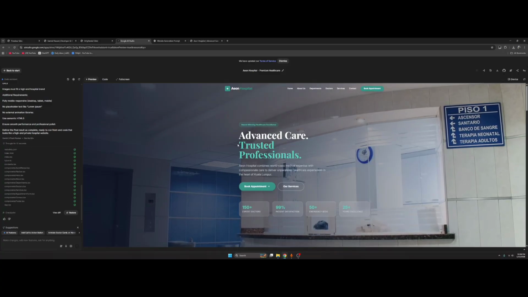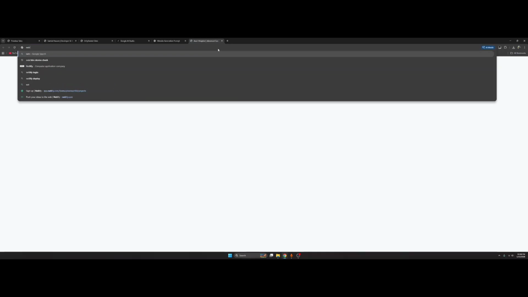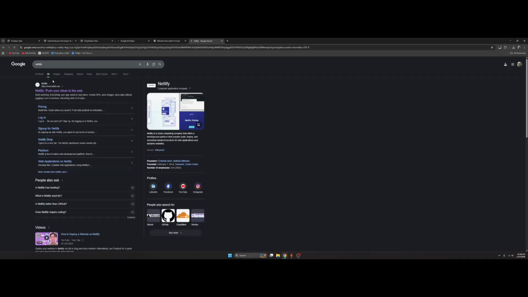Now let's come to the point: how can we publish this website? There are many websites which use subscriptions to publish and host websites, but we're going to do this for free. We're going to do a pretty basic setup, but for free. So head over to Netlify, head over to this website,